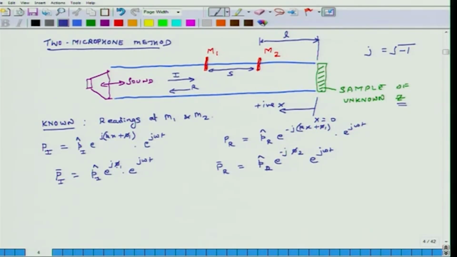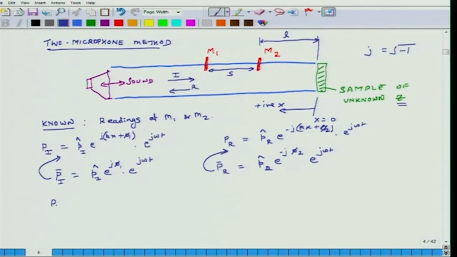So this is 1. I am just defining this. P-bar is basically a function of time also. Remember this: I have not explicitly put it in brackets, but it is a function of time, and it also depends on phase phi1, and this depends on phase phi2. Oh, this should have been phi2.